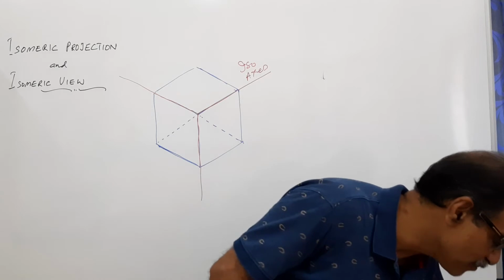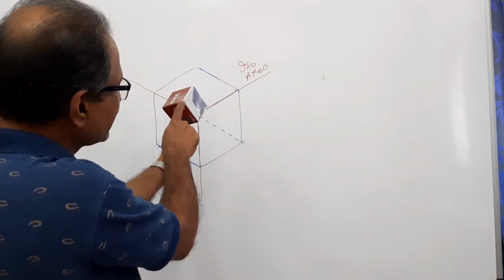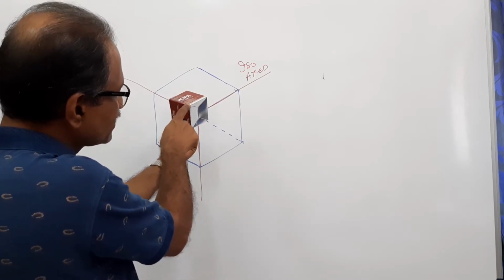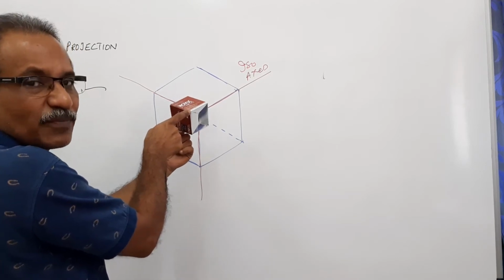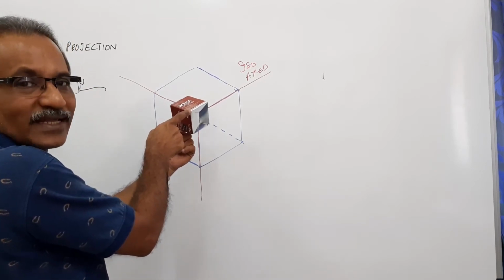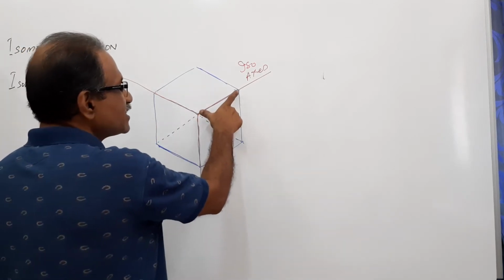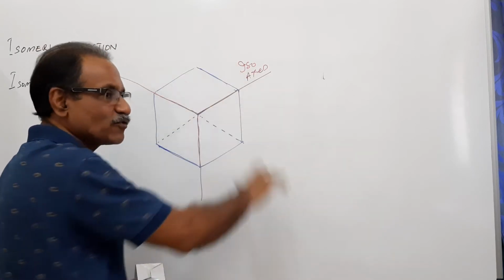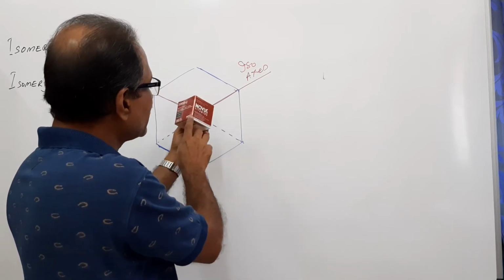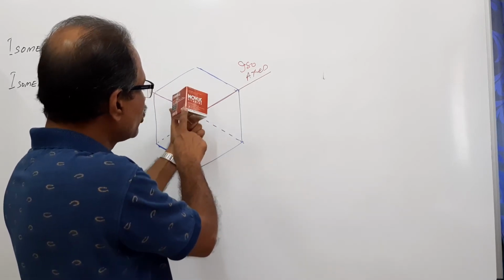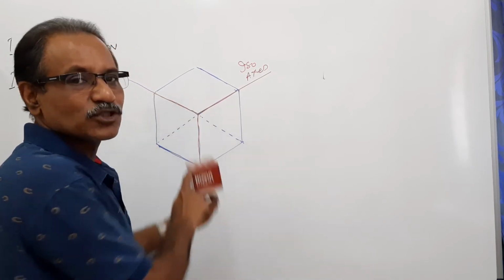Now interestingly, when you draw this elevation, when you keep the cube like this, no side of the cube is parallel to VP. So no side of the cube is true length. Agreed? If the side of the cube is 10 centimeter, what is this line? This is not 10, this is not 10, none of them is 10, because no side is parallel to VP. When a side is parallel to VP, its elevation is true length. Here no side is parallel to VP and hence no side is true length.